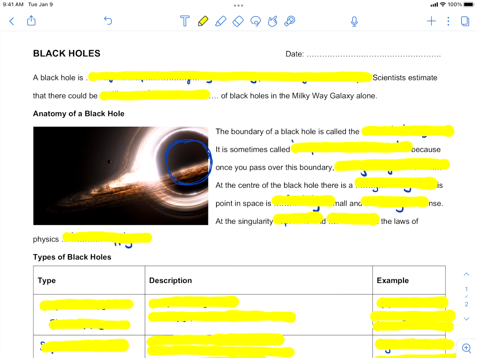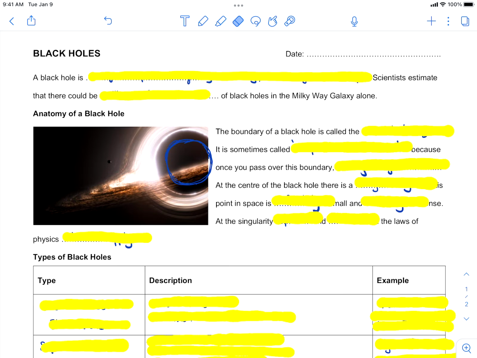So we've talked about the birth, the lifetime, and the death of stars. And so I wanted to spend just a little bit of time talking about black holes because they're really interesting. And as far as grade 9 science goes, we get to talk about these things, and it's just too good not to take this opportunity to talk about something that's so interesting. So we're gonna take this lesson. We're gonna talk about black holes.